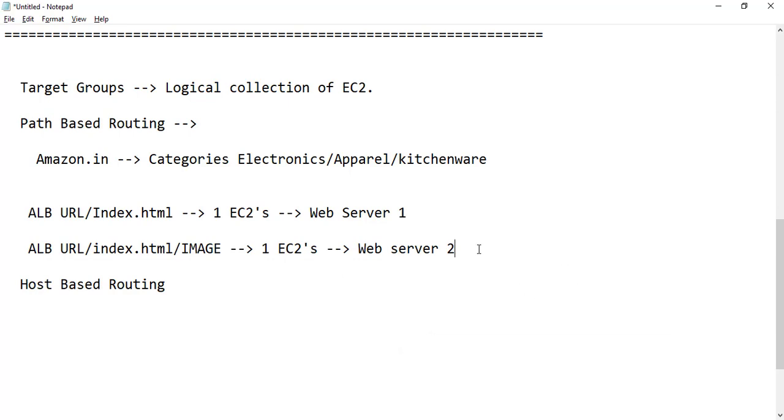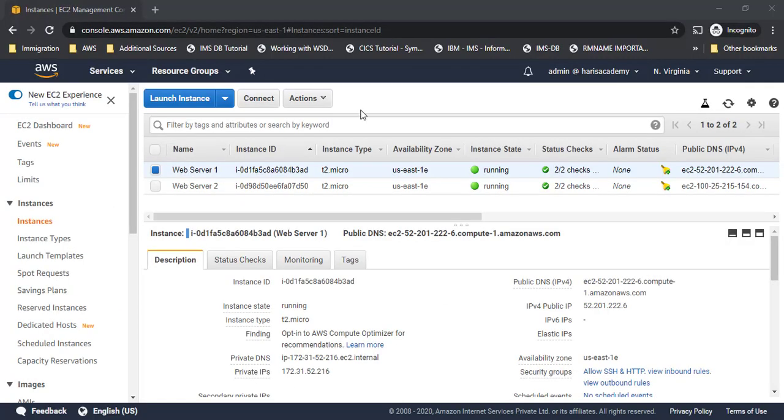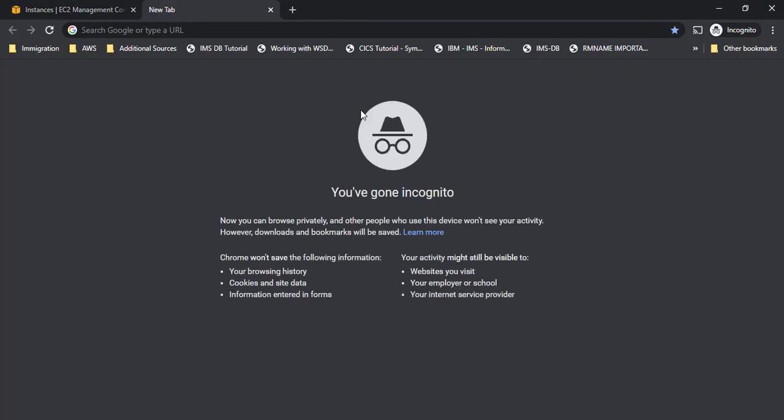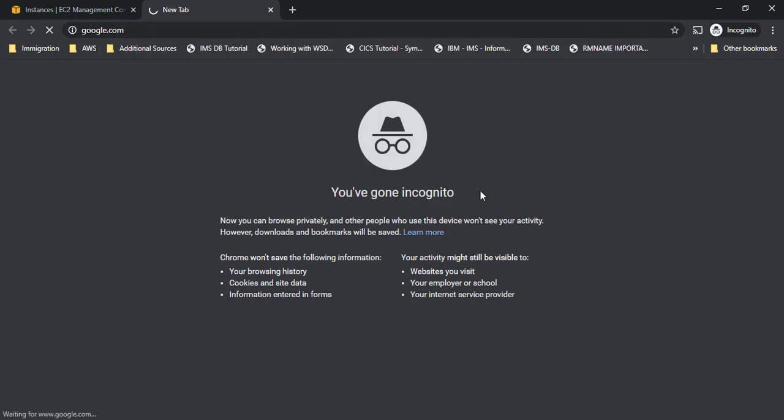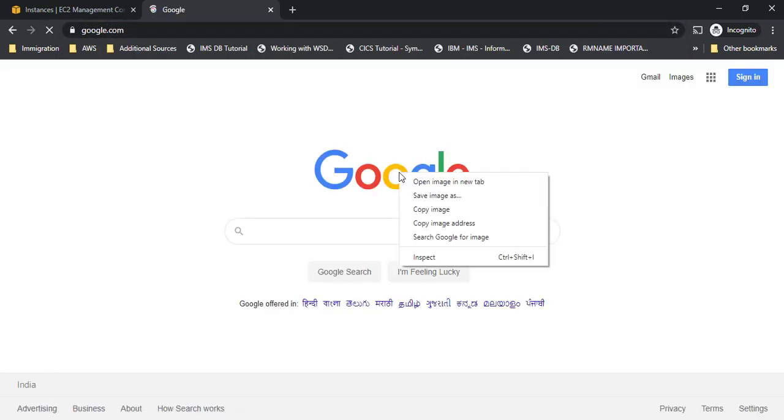To get an image on the Ubuntu server, because we are not using any browser here, we use the wget command, wget, and then I'll give the URL of the image, URL underscore image. So I'll go quickly to google.com, and then I will grab the image of the google.com logo. So this is the image.